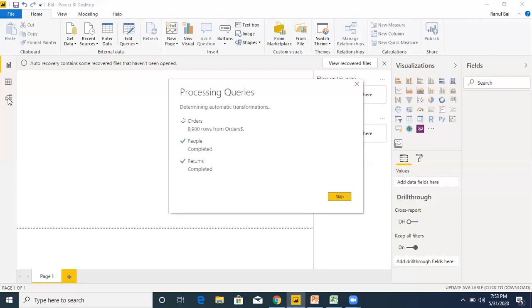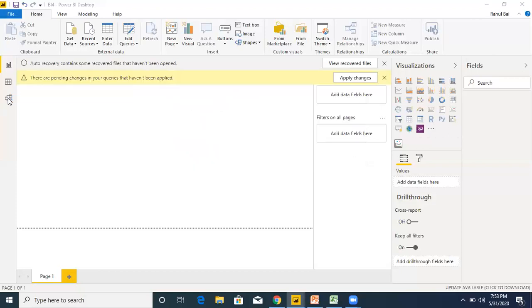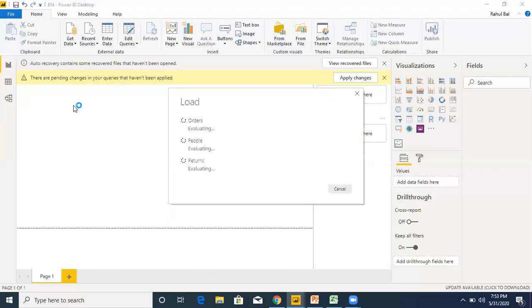But for that, the name of the column should be same to match or to connect with the two queries. So that is important. So suppose if your table one contains the column name of A, so that A name should be present for the same data in the second table also. So name of the column should be same to match or to create the relationship.